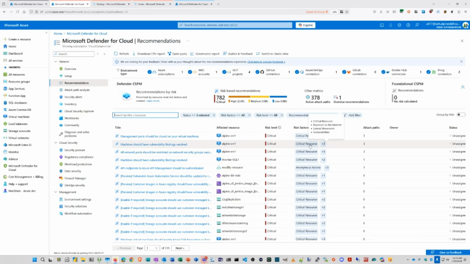Number 1, we have critical resources, and that's what is basically bumping up the overall risk level. This server is exposed to the internet, will allow lateral movement, and has vulnerabilities. Those 4 risk factors are contributing to the risk level. Also, we evaluate possible attack vectors and attack paths, where this server could be assigned or can be a member of. If you click back on here,